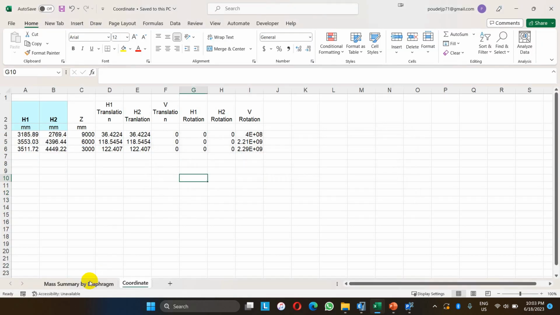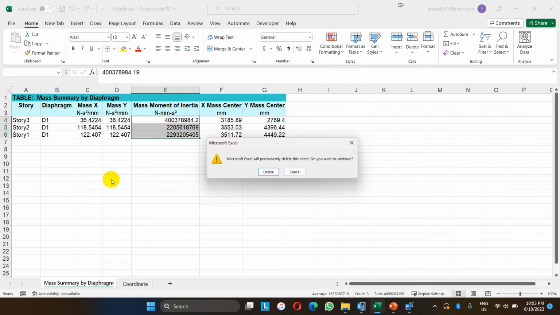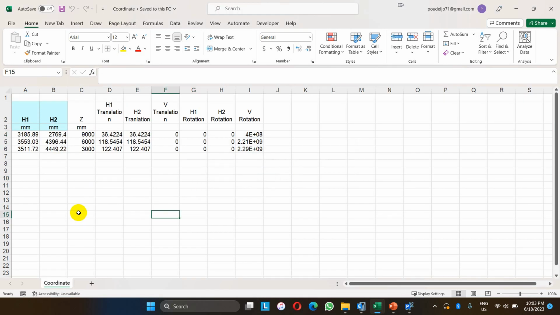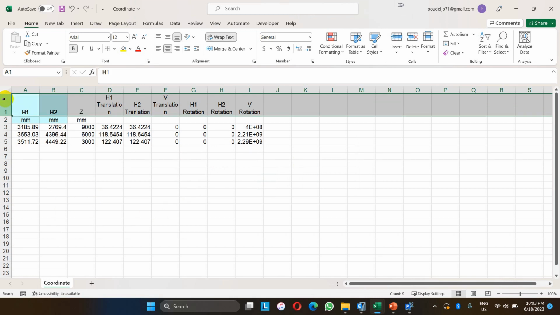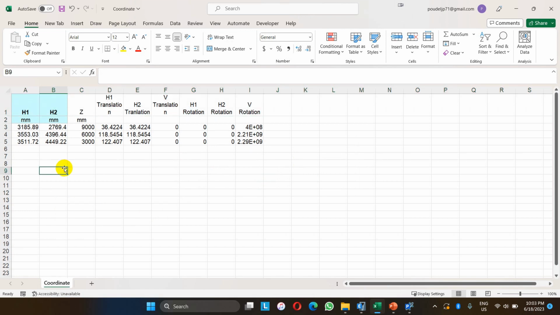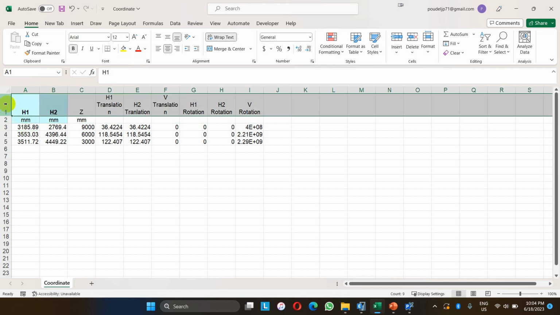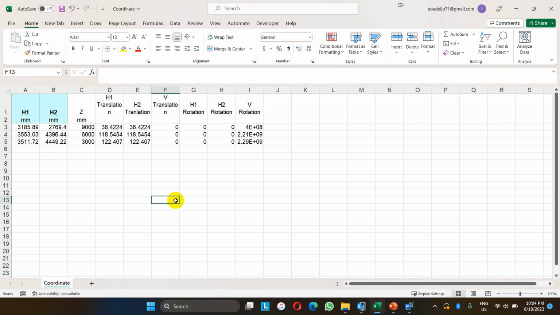Okay, I'll delete this one. Yes, I will delete this one. And after extracting the file, or importing the file into ETABS, sorry, Perform 3D, we have to skip the first two lines. Okay,